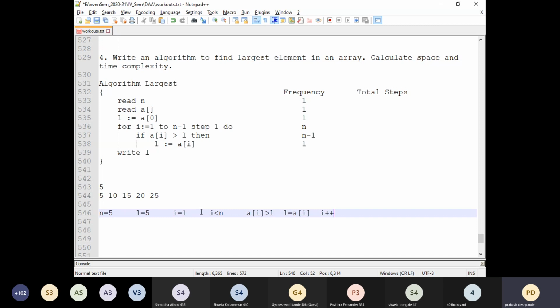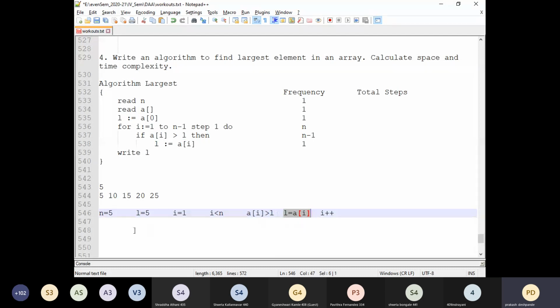Now understand here. This statement will be executed once. Then this will be executed once. Then this is the statement which gets executed once. And this I less than n, if this condition is true, then only it will move on to the next statements. If this condition is true, then only it will execute this statement.